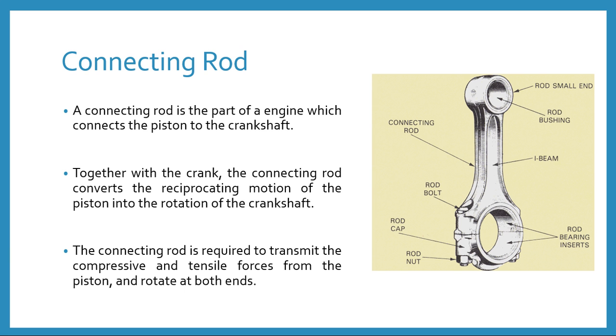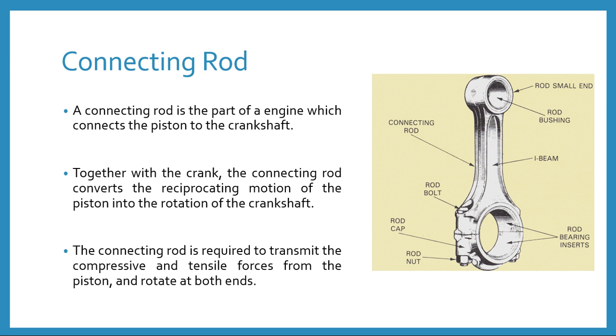So let's start the class with the connecting rod. Basically, the connecting rod is a rod which connects the piston and the crankshaft in the cylinder block. It is a part of the engine which connects the piston and the crankshaft. The main function of the connecting rod is that